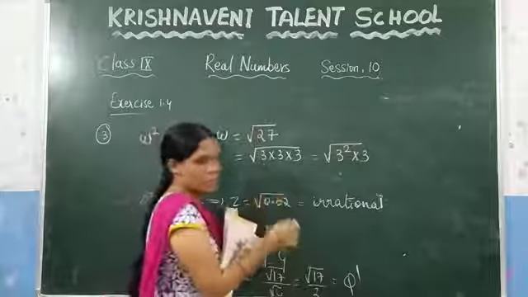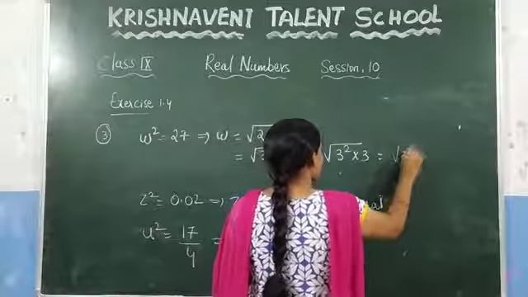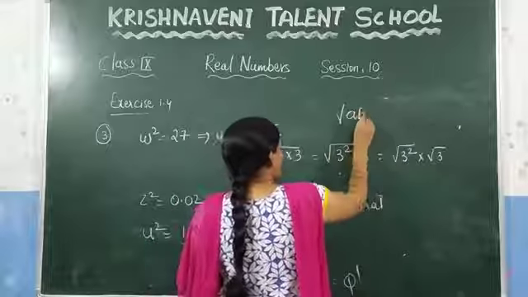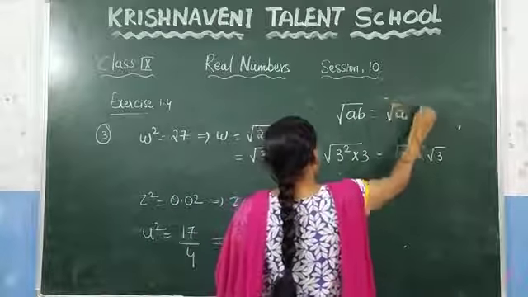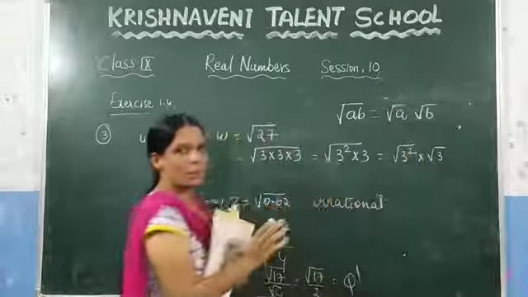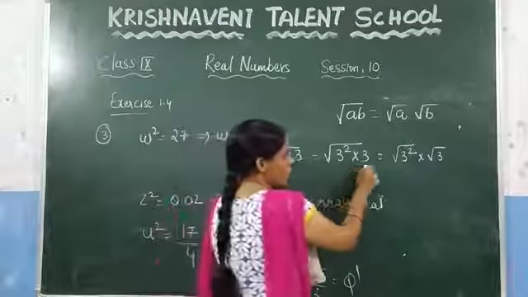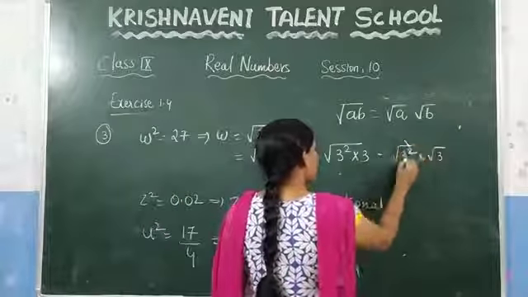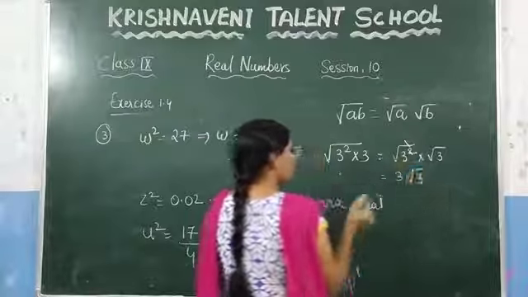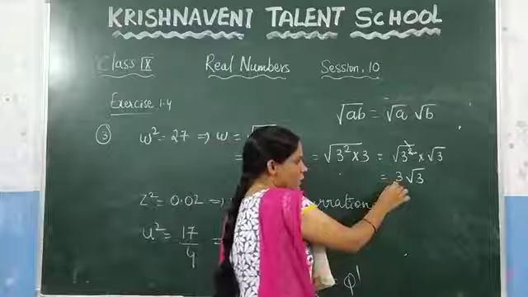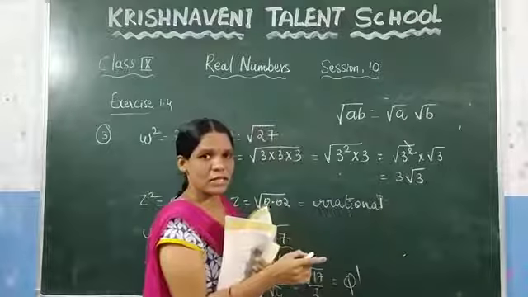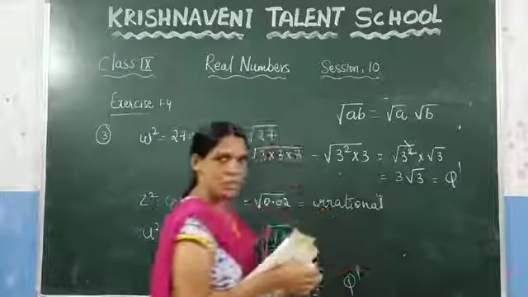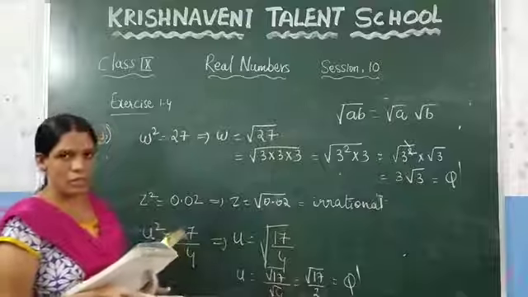Here you can write this one in the form of a square. So this one you can write as root of 3 square into 3, because it is in the form of root AB. What is the formula for root AB? It is nothing but root A into root B. The same thing we have applied here. Root of 3 square into 3 is nothing but root 3 square into root 3. Now this square and this root will get cancelled. Here 3 will be there, and here root 3 will be there. Again, this is a rational and this is an irrational number. If one is rational and the other is irrational, by our conclusion we can say that it is an irrational number, since multiplication is the operation here.